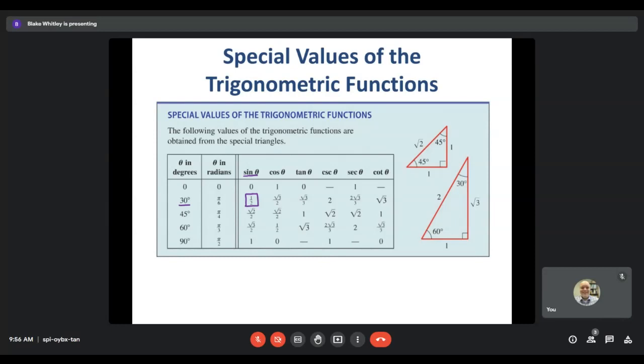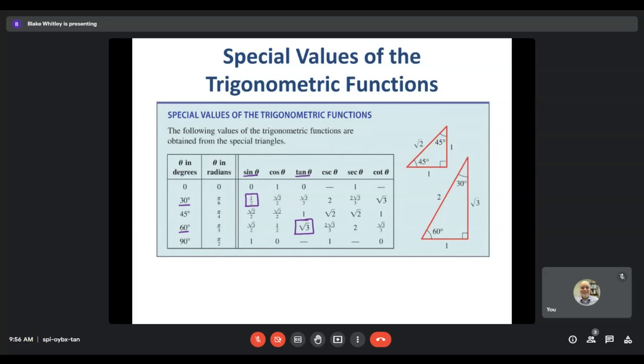And then I could say, well, let's find the tangent of 60 degrees, right? So tangent of 60, I'm going to follow that down, and that should always be equal to square root of 3. So these are just some of the common ratios that you're going to see a lot. And the best way right now for us to remember these is to look at these two triangles over here,